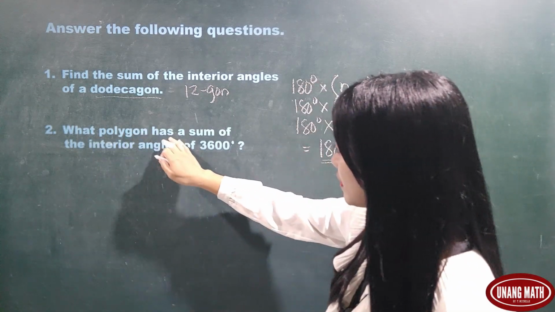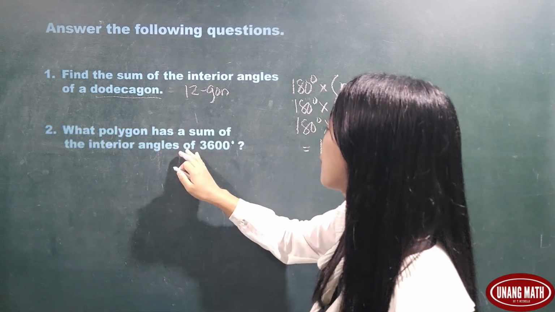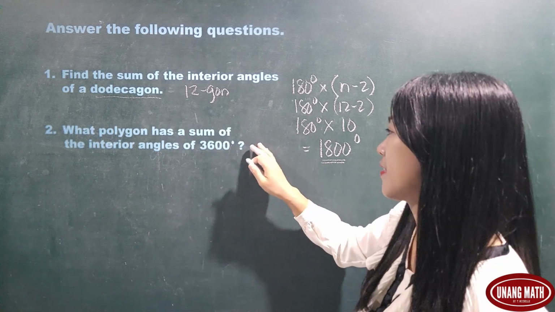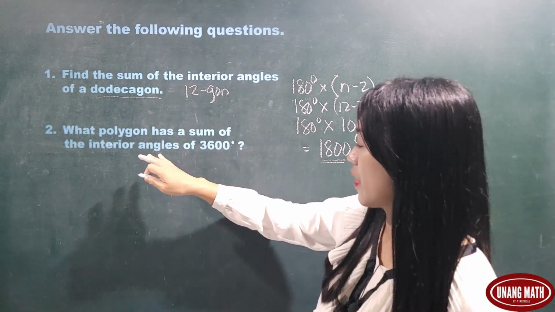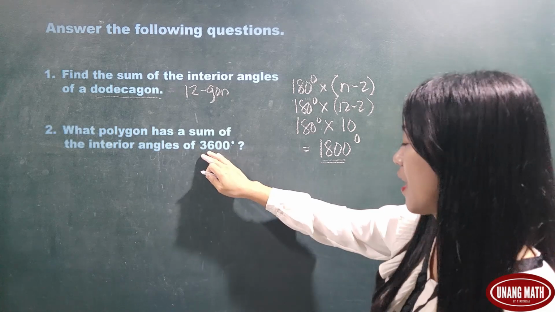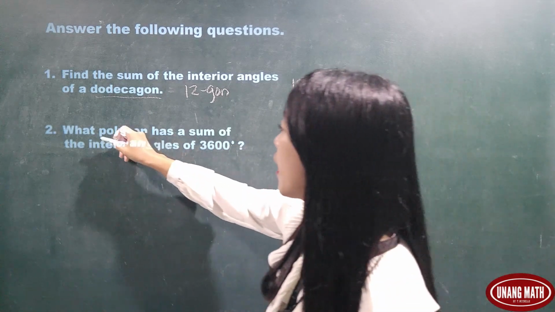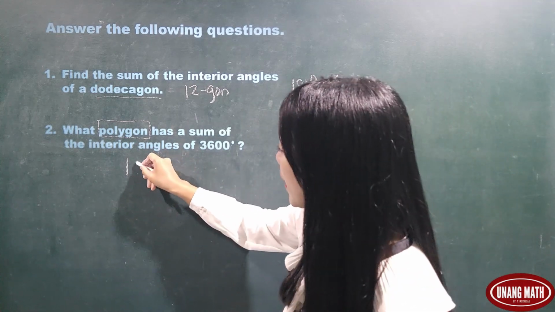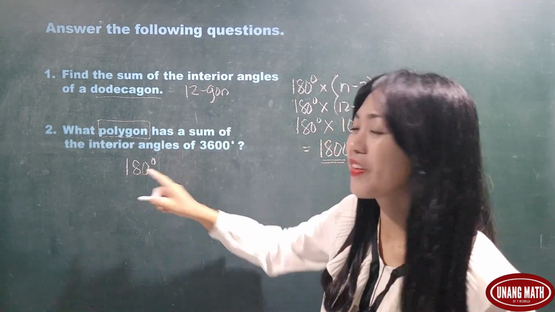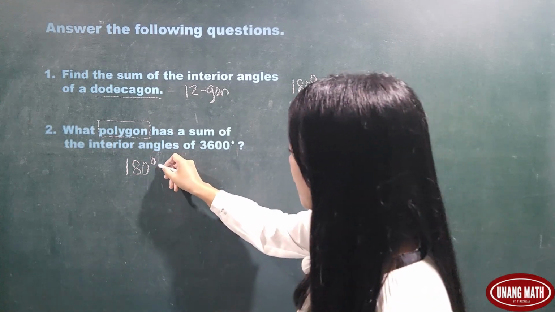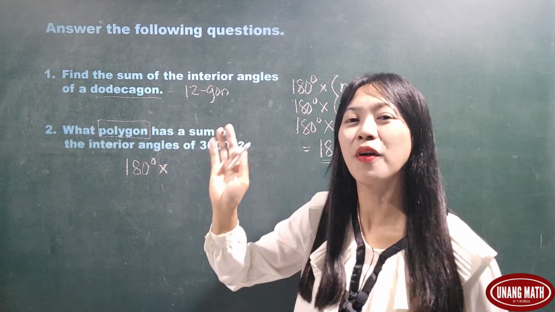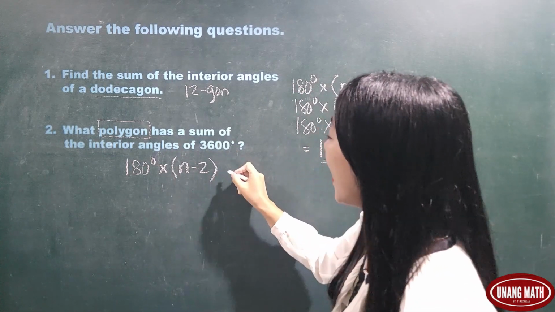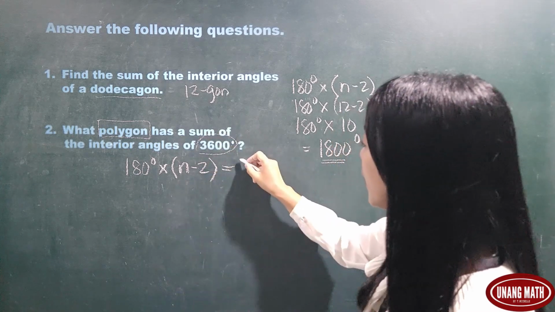Okay, what about number 2? What polygon has a sum of the interior angles of 3,600 degrees? So this polygon has a sum of the interior angles which is 3,600 degrees. So we are looking for that polygon. So one triangle is 180 degrees. 180 degrees times the number of triangles, which is n minus 2. And this is equal to